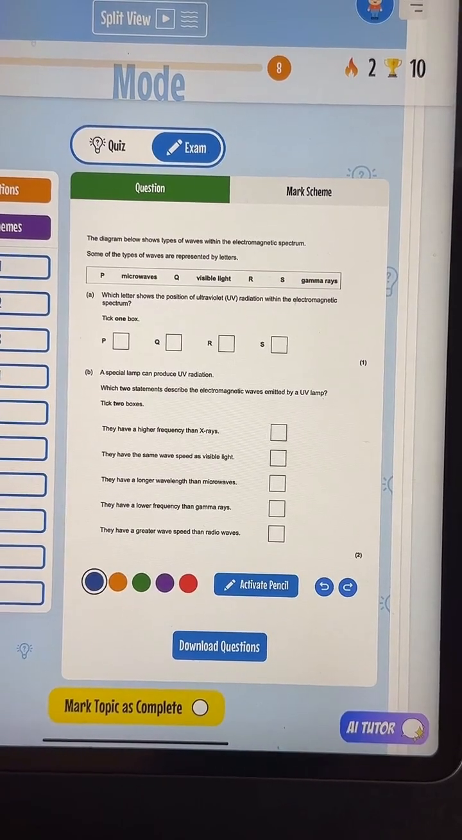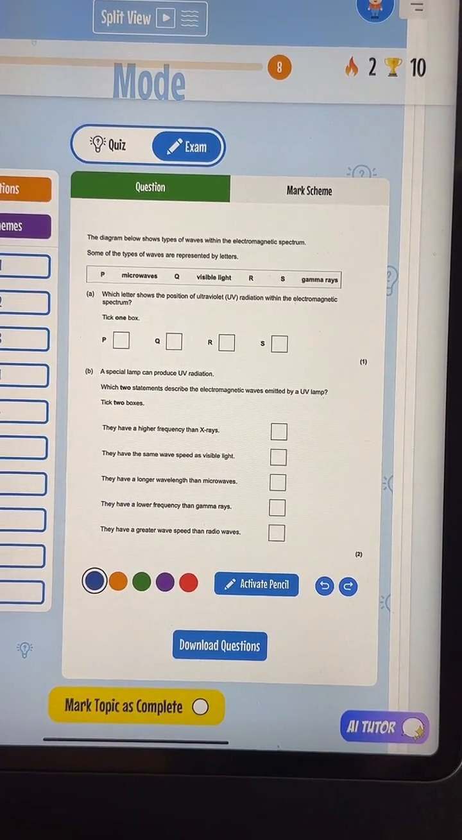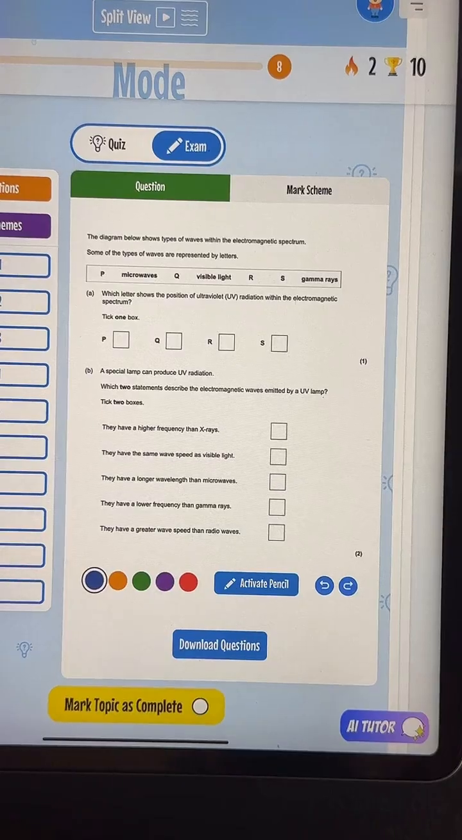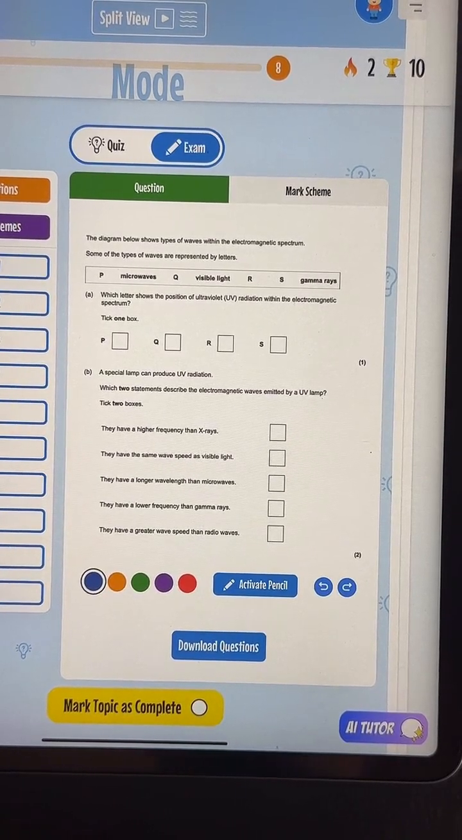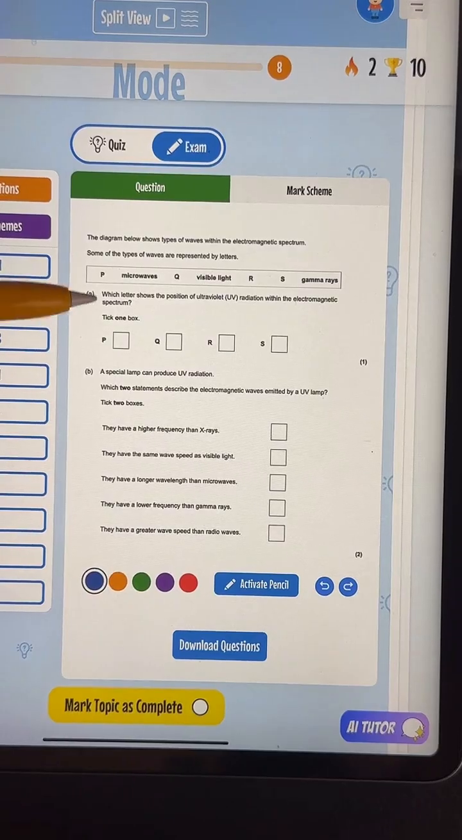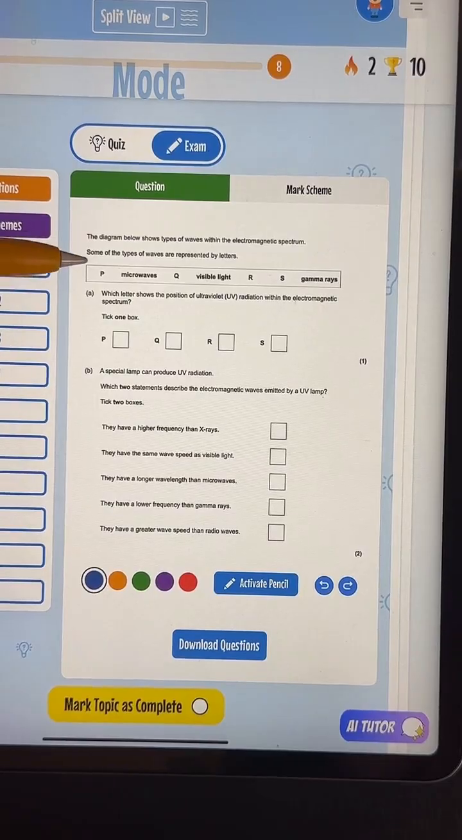So the diagram below shows types of waves within the electromagnetic spectrum. Some of the types of waves are represented by letters. Which letter shows the position of UV radiation, ultraviolet, within the electromagnetic spectrum? As you can see, P is there on the left. You've got Q, R, and S. So P is at one extreme end of the